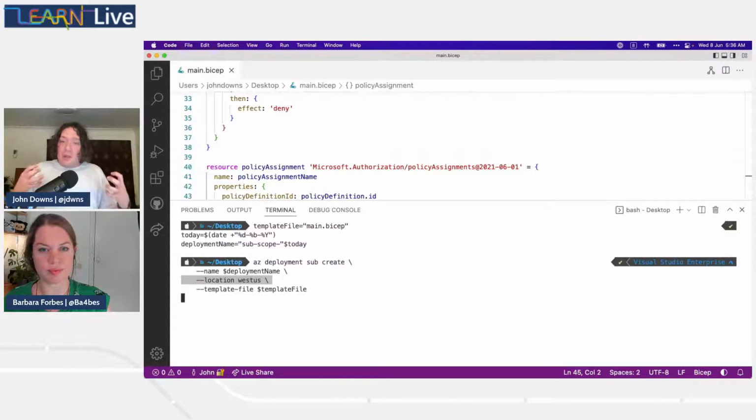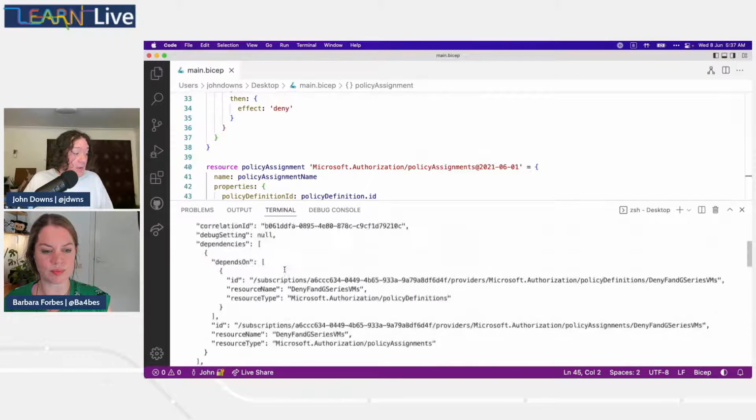Remember that in Azure Resource Manager, a deployment is itself a resource. If you open up the deployment history in the portal, and we'll do that shortly, or even query deployments from PowerShell or the Azure CLI, you are actually querying an Azure resource. The deployment itself is a resource. That resource needs to be given a name, and it needs to be created in a particular location. It has to follow the same kind of rules as the rest of Azure. So when we create a deployment by using this az deployment create command, I'll get back to this in a second,